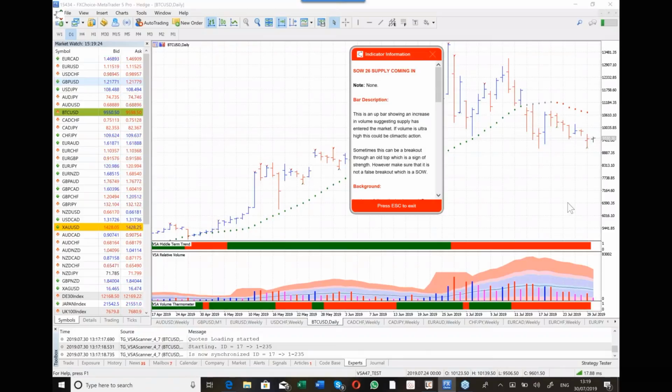So just to be very clear for those of you that have emailed me, VSA works in cryptocurrencies incredibly well. And the reason it does is because the markets there are very manipulated. And of course, what the exchanges want, like the Kraken exchange and others, they want to create volume. And so they leave a footprint. It's like the gorilla in the room. And they leave that footprint. And all you've got to do is read it and trust that you're seeing correct volume footprints. Because here on these bars, we saw clear distribution at that level.